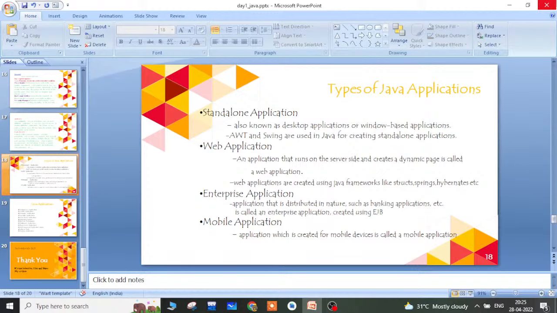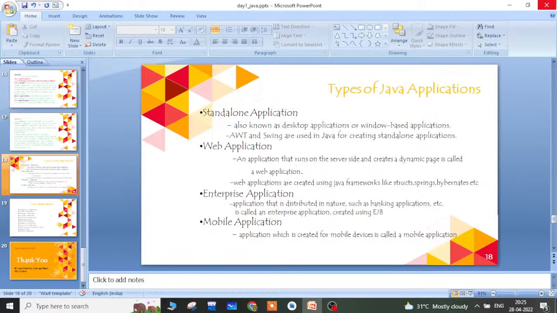The Java programming language is available on different platforms like J2SE, J2EE and J2ME. J2SE is Java Standard Edition, J2EE is the Enterprise Edition, and J2ME is the Mobile Edition.